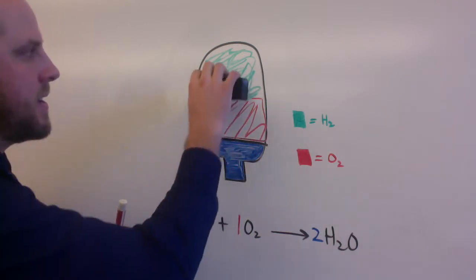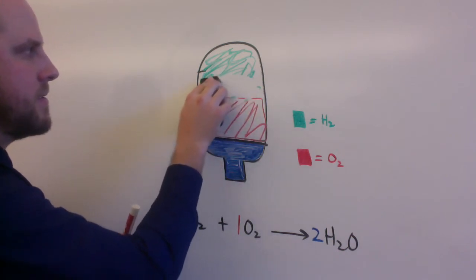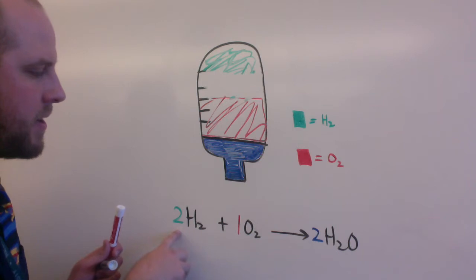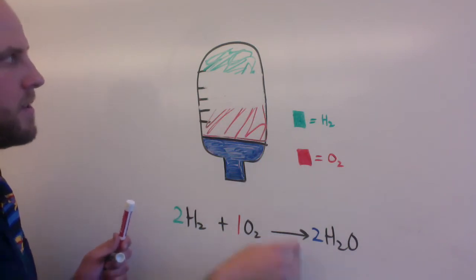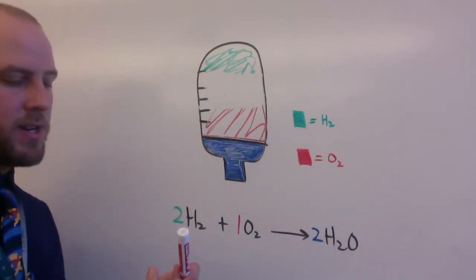So that means that this 1 part gets used up, and then a second part gets used up of our hydrogen. So that was 2 parts of hydrogen that got used up, and then 1 part of oxygen gets used up. So notice we've only got 1 part hydrogen left. We've got 2 parts oxygen. If that 2 to 1 ratio happens again,